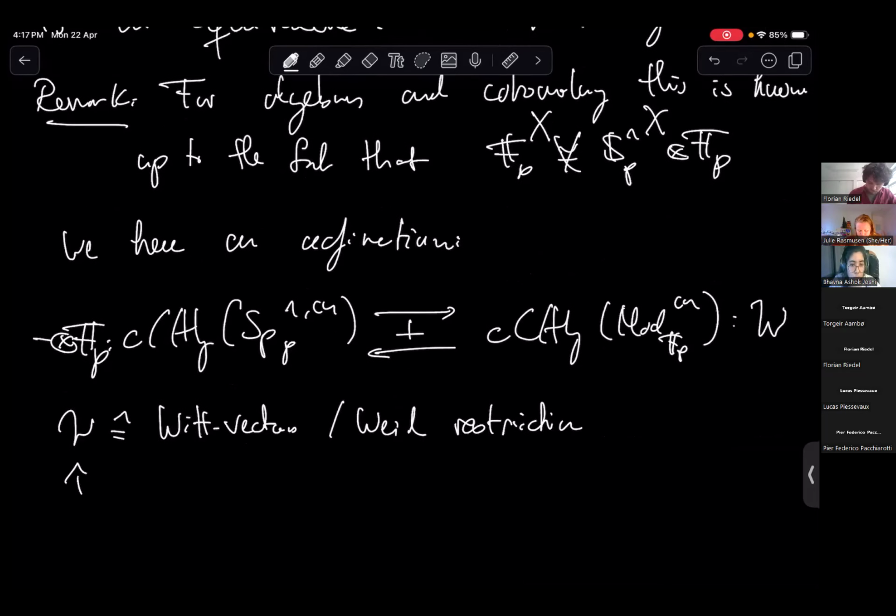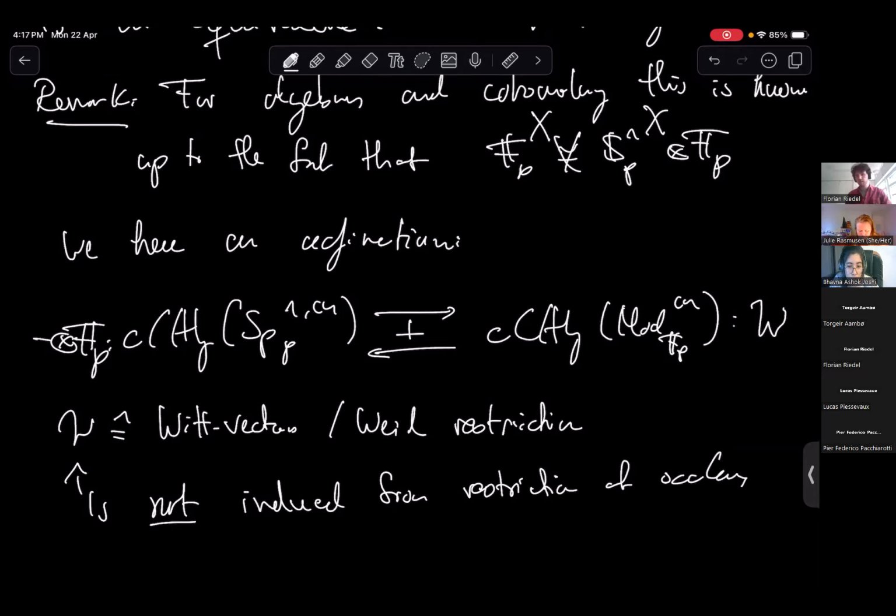Crucially, this is not induced from restriction of scalars. This adjoint is kind of conjured up by the adjoint functor theorem, and it doesn't exist on the module level, and it does something weird. But since it does something weird, it also does something interesting. In this case, it wants to produce unique lifts for you, which is why it's the Witt vectors. But if you think about how the duality works out, upon dualizing, it should be a left adjoint to base change on algebras. So it's kind of like a Weil-restriction type thing.